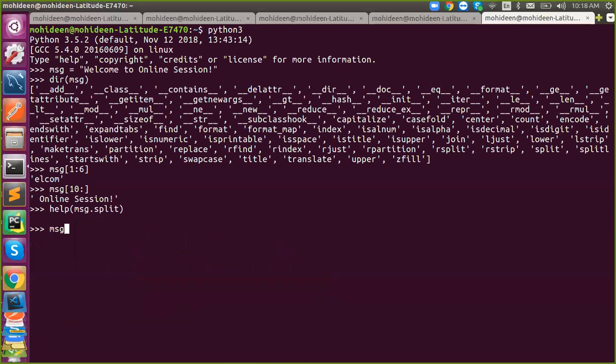Here I'm saying message dot split, and I said e. E means wherever e occurred, here it will cut. Once the cut happens, your text will be split into 2 parts. So you will get W and the rest, whatever is there after e, like welcome to online session. That's one. And here e occurred the next time, so this is the first cut, and here the second cut will happen. So we'll get W in the zeroth index, lcom in the first index, and the rest in the second index.